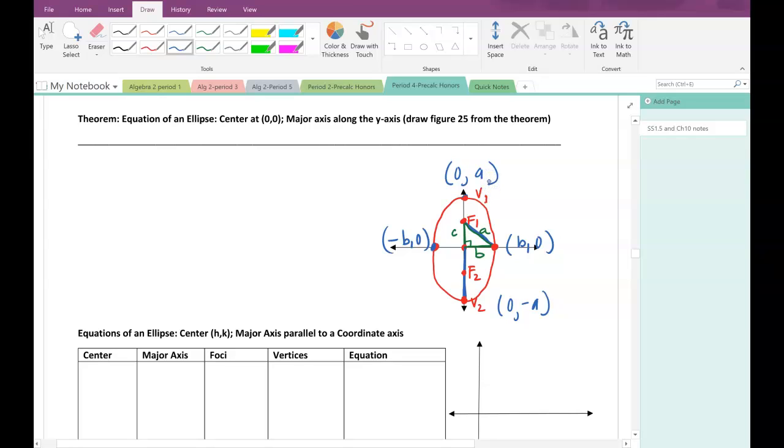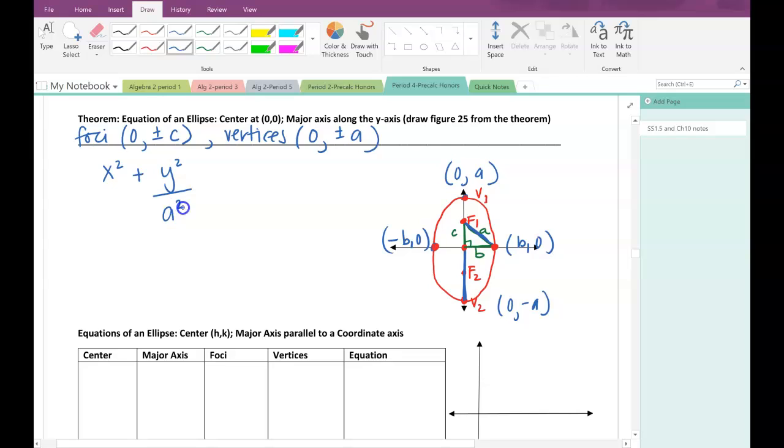Okay, let's fill out. You will have the foci going up, so that's going to be (0, plus or minus c). You have the vertices, (0, plus or minus a). Okay, the standard form is going to be, since it's positioned vertically, the y